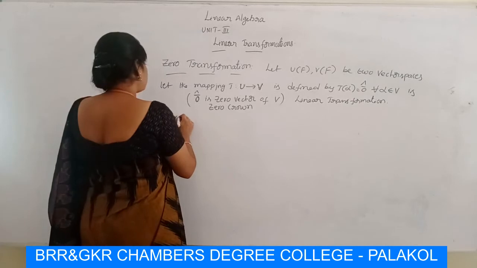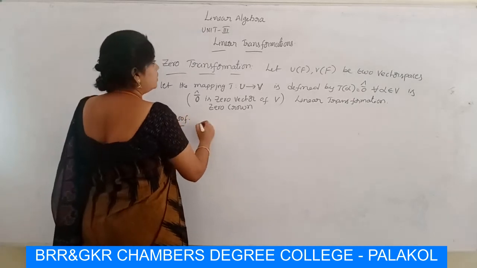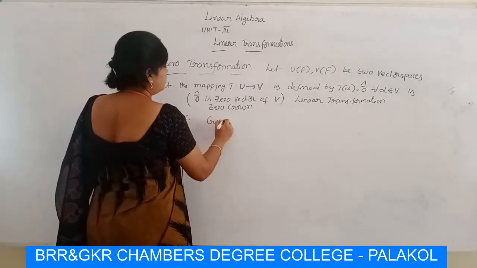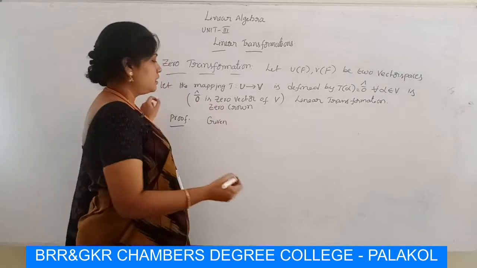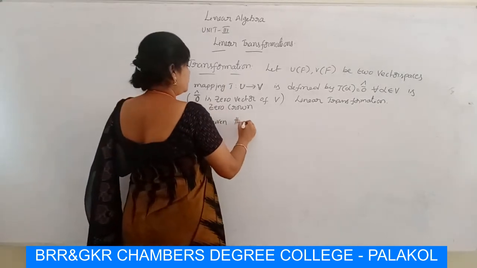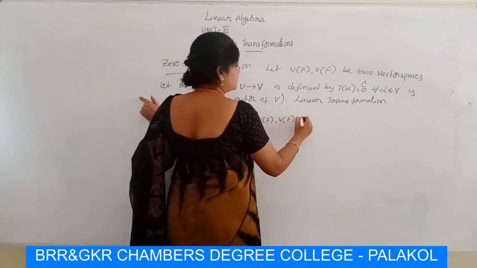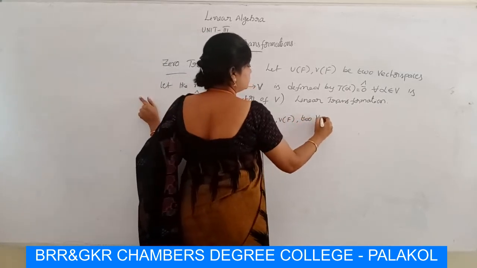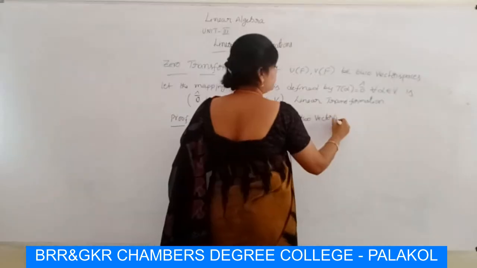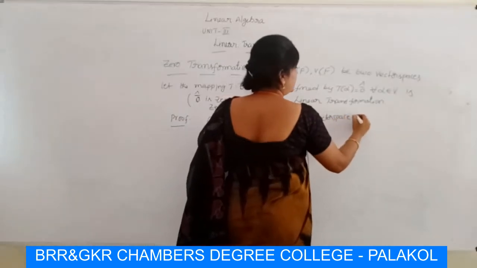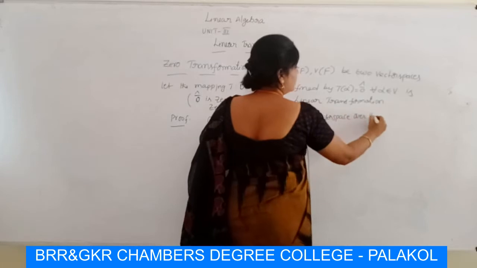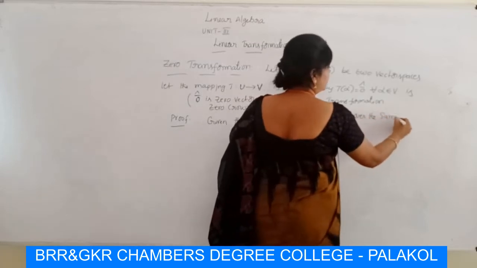Proof. Given that U of F and V of F are two vector spaces over the same field F,